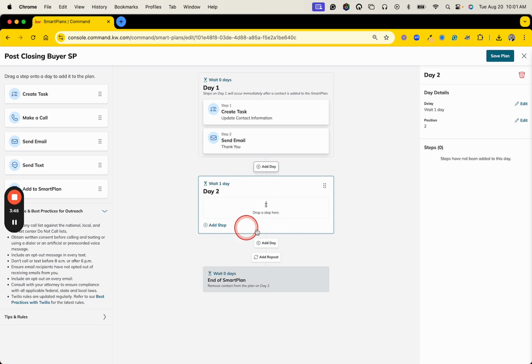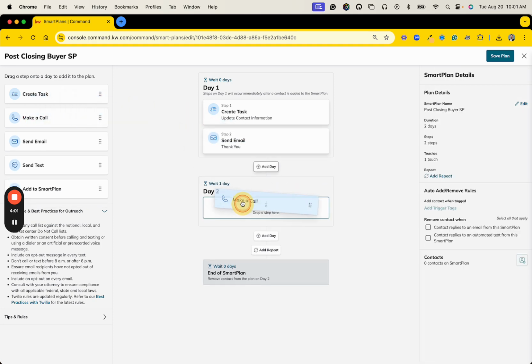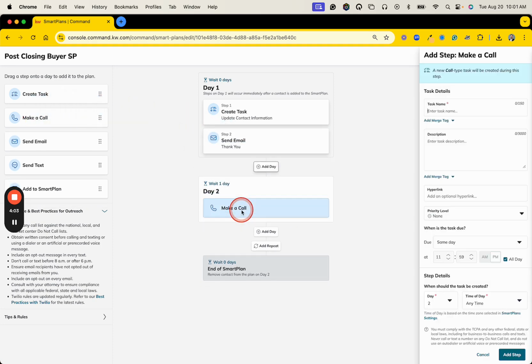And that'll give us another spot to drop in the next set of activities. Notice that it says day 2, but that's okay. We're going to take care of that in just a moment. But we're going to now make a call from the left side, click and drag that into what is labeled day 2 right now. And then we're going to put in the thank you / referral